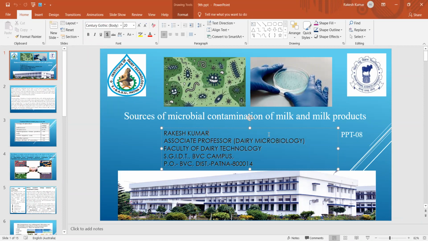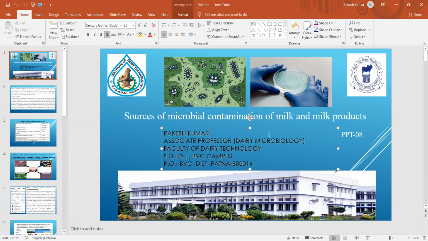You are requested to note this down. The first method for knowing the enumeration of total bacterial number is the sedimentation method. Under the sedimentation method, the first one is the direct exposure method. The second one is the air sampler method. Under this air sampler method, this is a technique wherein a measured volume of air is sampled onto the surface of agar plate.